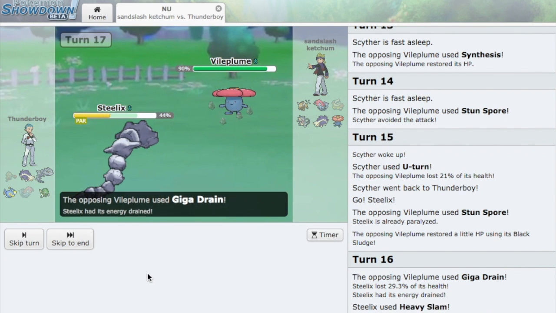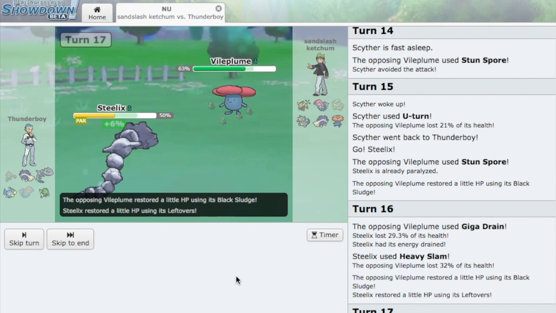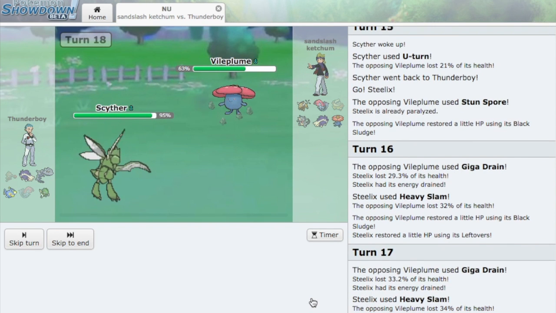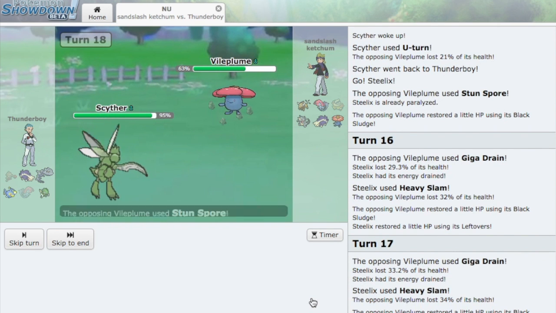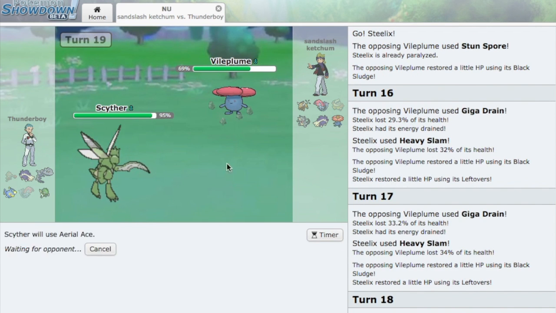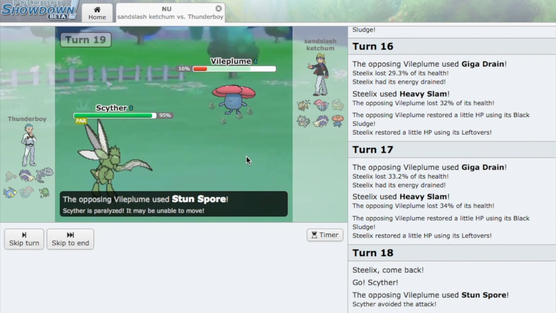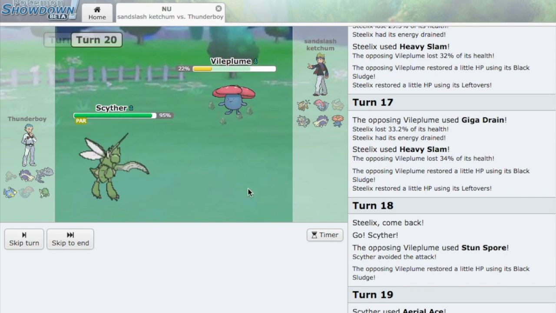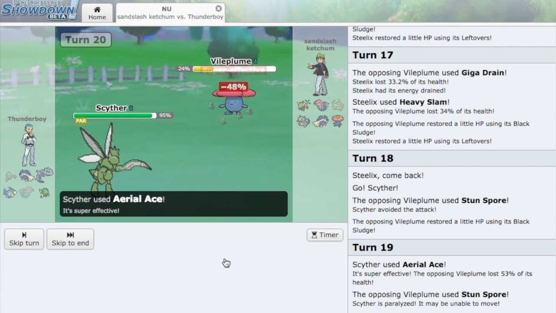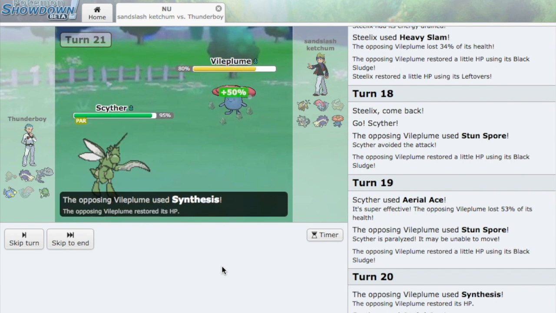Oh my god, he's doing so much damage to my Steelix. Stop, please. I don't know if aerial ace kills at this point. I have to try. Oh, he missed Sunspore. Okay, nice. I don't think aerial ace is gonna kill, but I'm gonna try. I didn't kill. Damn, that's Scyther paralyzed. Aerial ace again. Okay, I'm not fully paralyzed. Why is this such... Oh my god, this Vileplume is so...